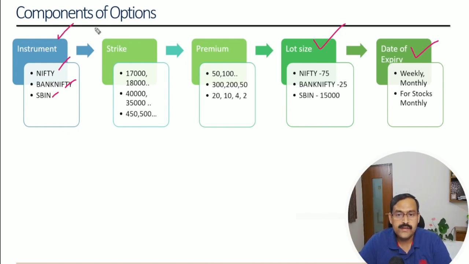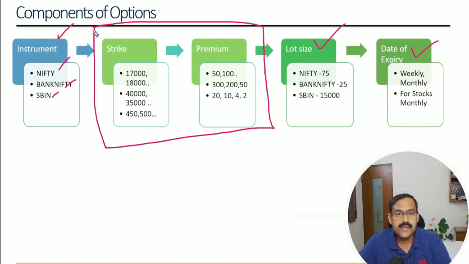But the two important new components in case of options are the strike price and the premium. So what is a strike price? It is the price at which the option buyer and seller agree to exchange the asset. So you get to choose the strike at which a buyer and seller agree to exchange the asset. In case of future, there is no strike. Whatever is the price that you have sold or bought is the price. Here, whatever strike price you choose is the price at which the asset will be exchanged. This is very important. Please note.